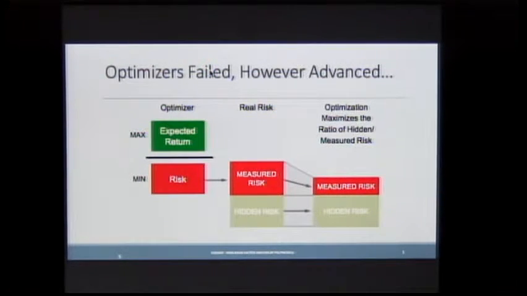Of course, reality always has hidden risks. So when you optimize, you try to increase the green, which is usually difficult. So you try essentially to reduce the red. But by reducing the red, in fact, either you keep this one constant, or quite often you increase it. So the first result of an optimizer is not to make your portfolio better, it is to put even more dust under the carpet.